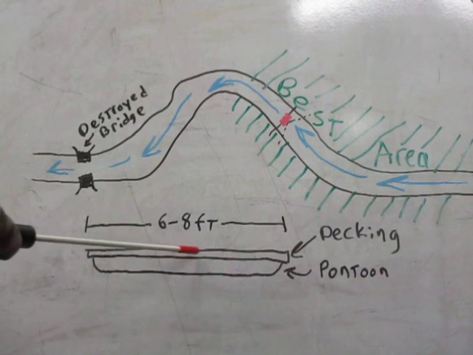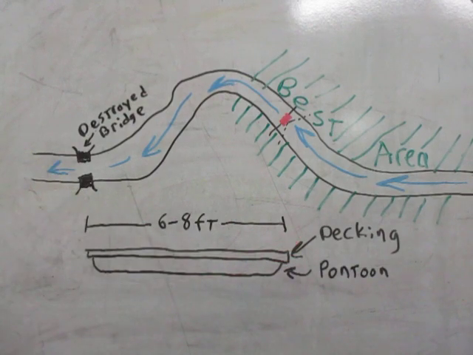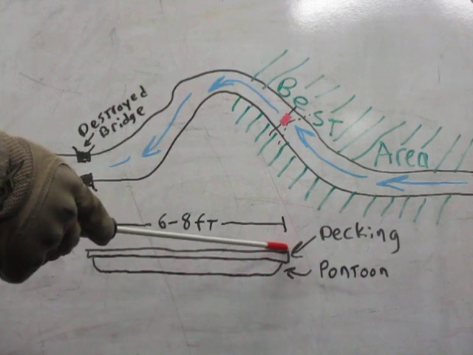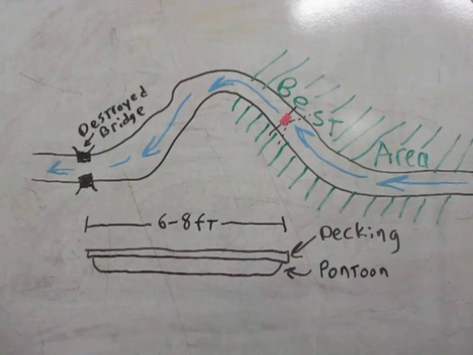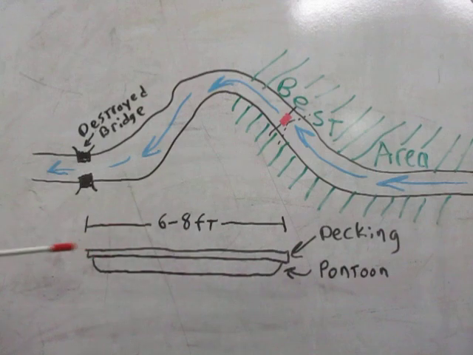Now, attached to your decking, in the center of it, you're going to have your ropes attached. This can be done by drilling a hole or boring a hole through the decking above and then tying off your rope on each side. Or you could have a piece of wood, like a 2x4, attached in here, either on top or underneath, right in front of and behind the pontoon. And the rope is attached to that